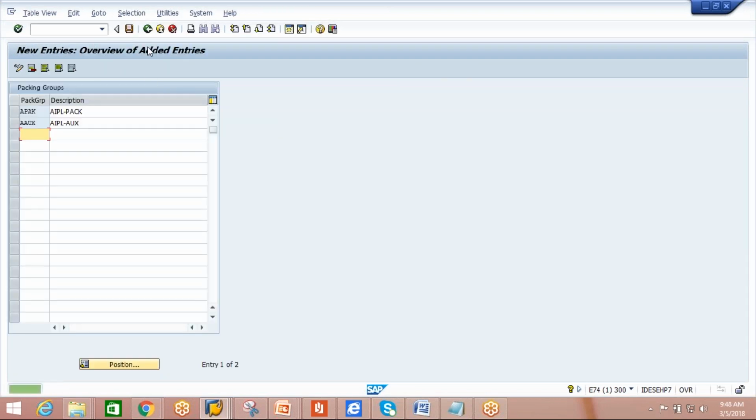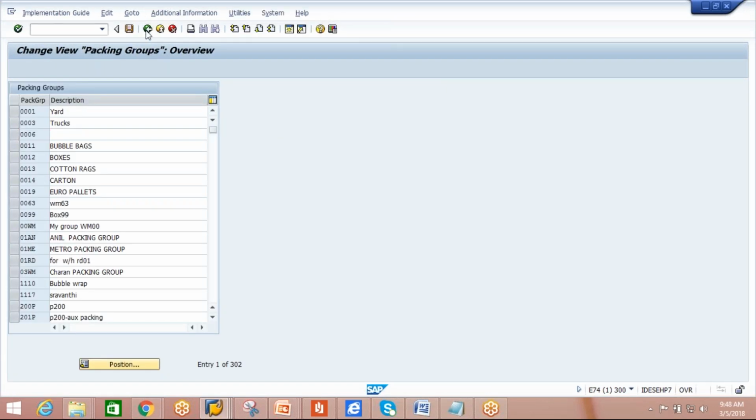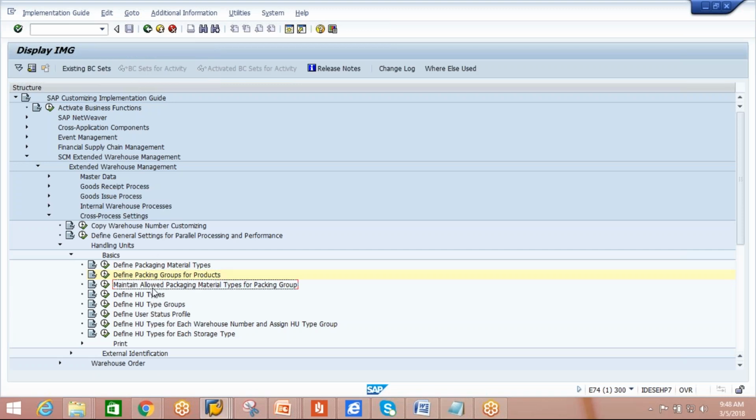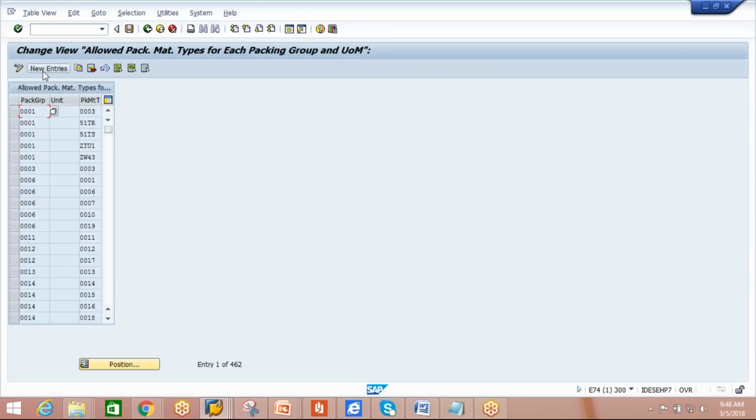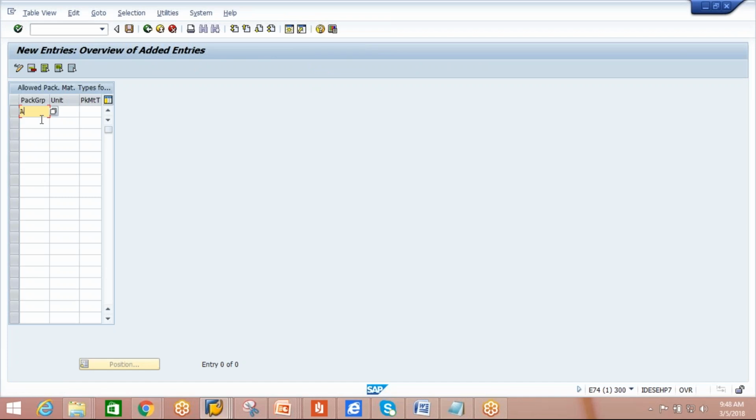This way. Maintain allowed packaging material type or packaging group. Just now we have maintained in the ECC; the same thing we need to have. Okay, regarding maintain allowed packaging material types, new entries. The group is APAK. Within this,